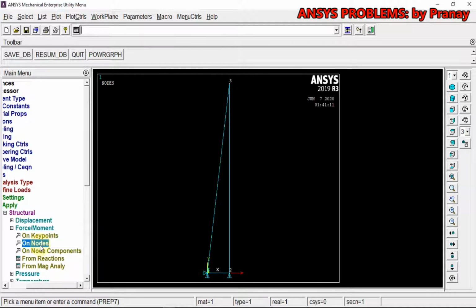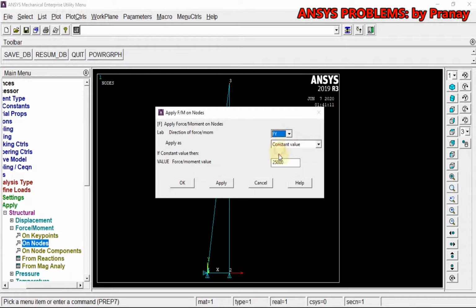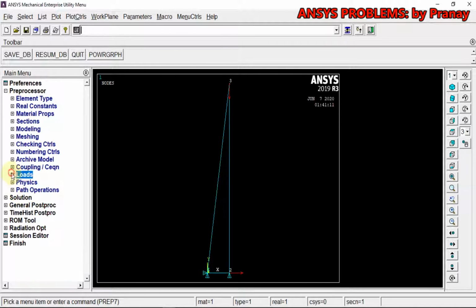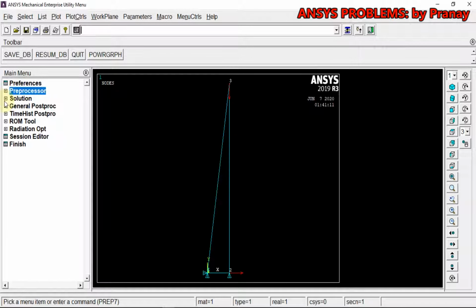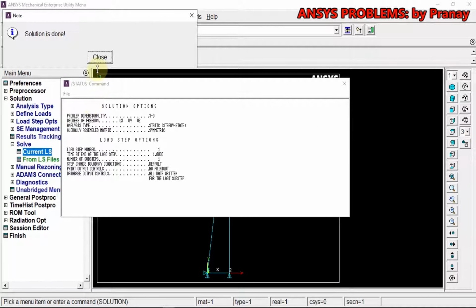On the third node we have P1 in negative y direction, that's going to be minus 20 kilonewton. Now since we have defined everything, go ahead and click solve current LS.